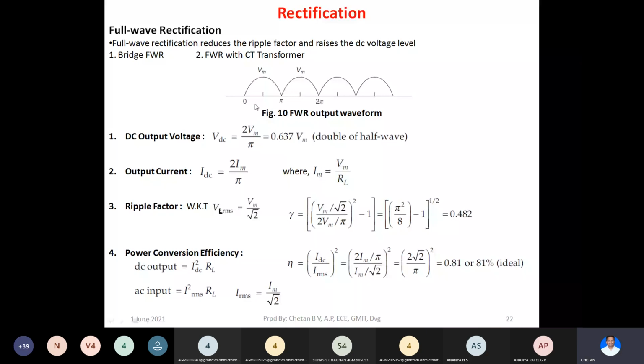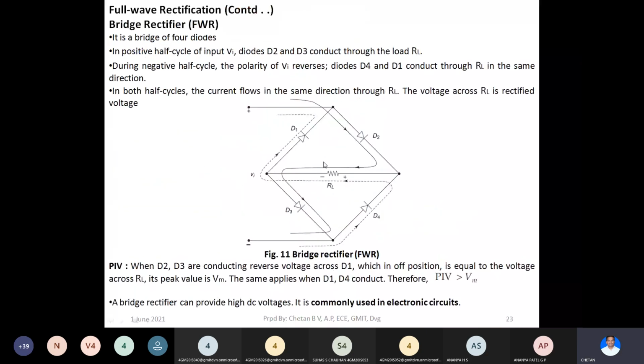So during the negative half cycle, what will happen is this terminal becomes negative and this terminal becomes positive. So D2 is connected to the negative terminal of the supply. Therefore, D2 will be reverse biased. Reverse bias means it is open circuit. Therefore, this path in which you find D3 also will be reverse biased, because here the cathode end of D3 will be connected to the positive terminal of this supply during the second half cycle, or during the negative half cycle of input AC. Therefore, this will also be reverse biased and open circuit.